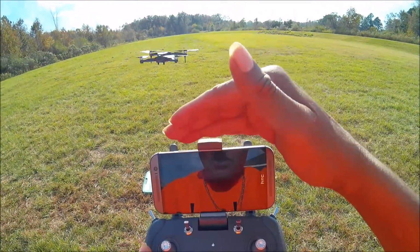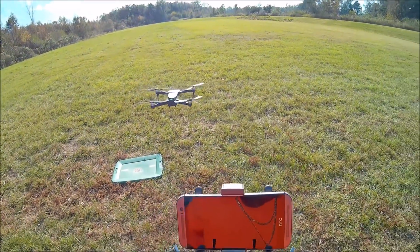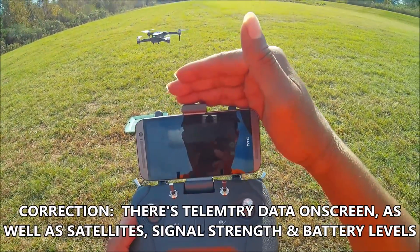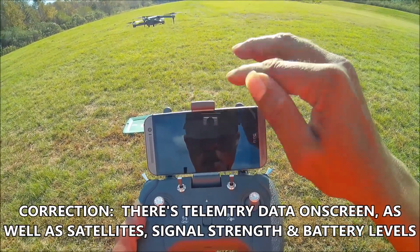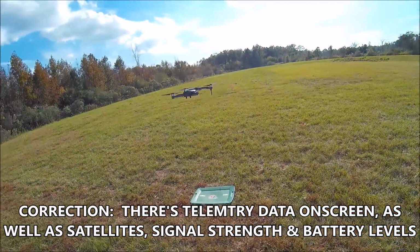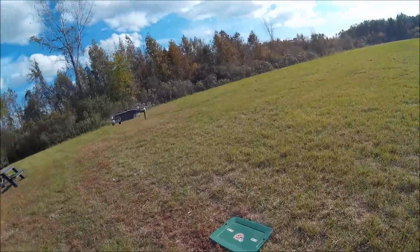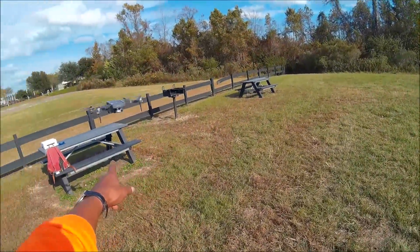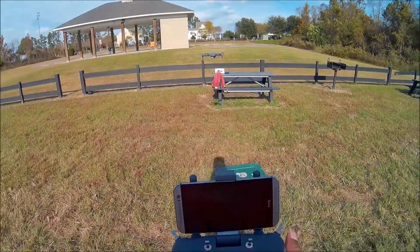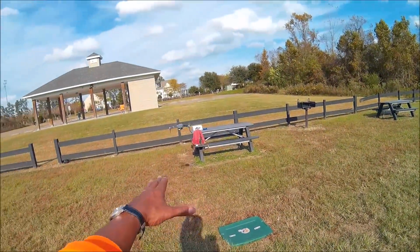Pretty hard to see on just the phone app, guys. I don't have any telemetry. I'm not sure how many satellites I'm locked into. Well, I take that back. There's a small number next to the satellite icon, but not too bad. Not too bad. Let's see if I can put myself in the frame